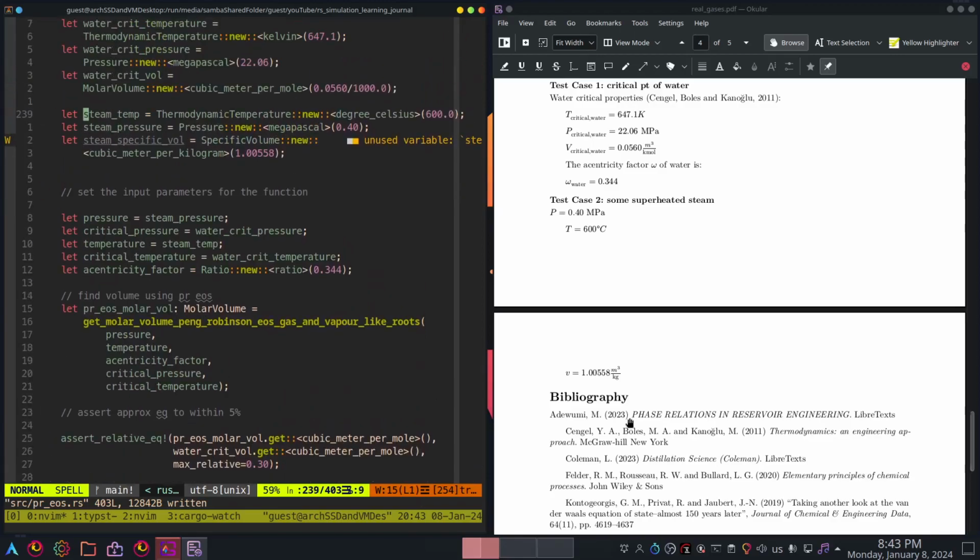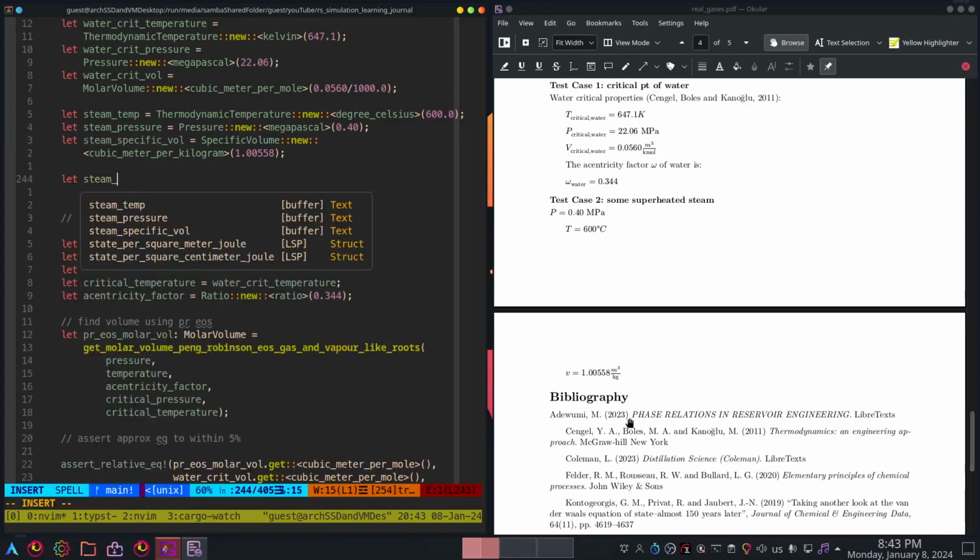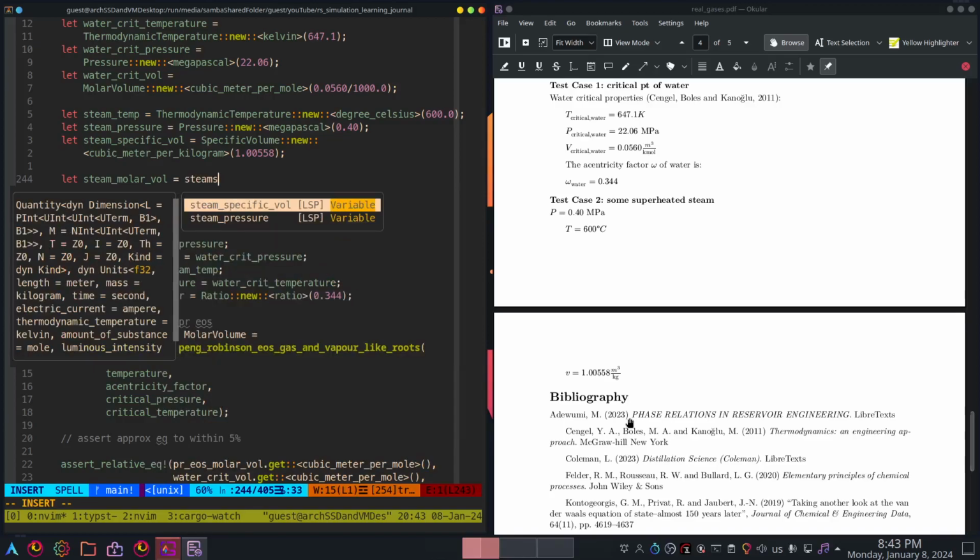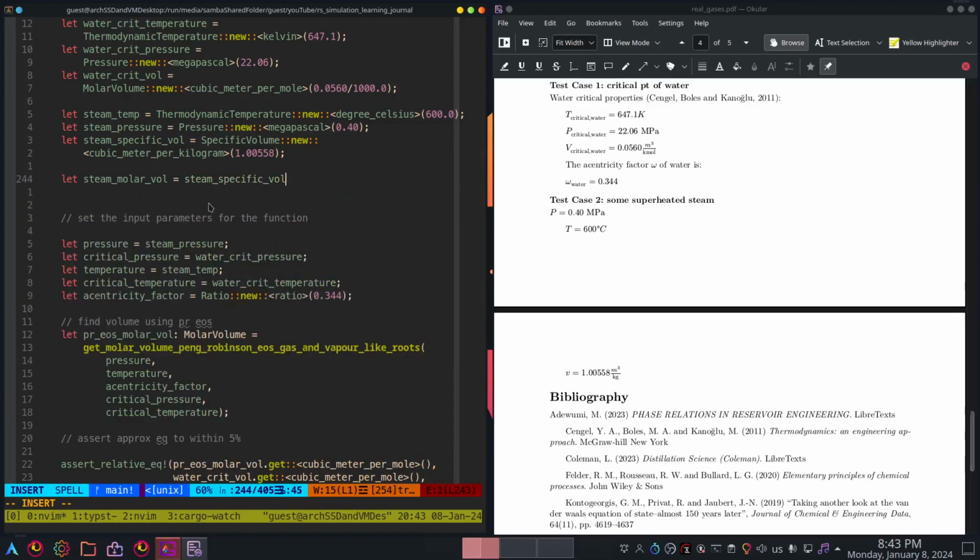Okay, and the steam specific volume here, I need to convert it into steam molar volume. Let steam molar volume equal steam specific volume, and then I need to times something. Specific volume is per kilogram, so I multiply it by the molecular weight. Molecular weight is in grams per mole. So let me